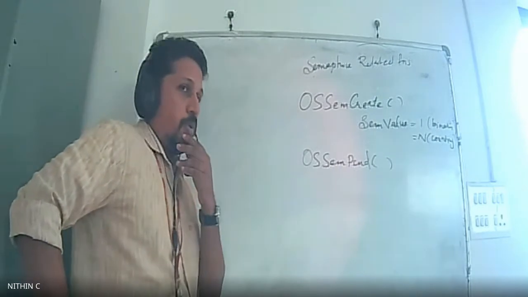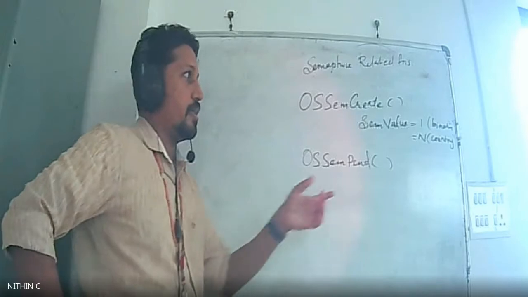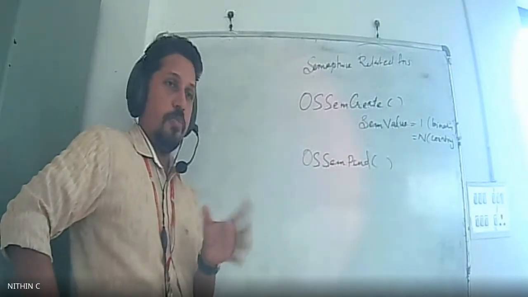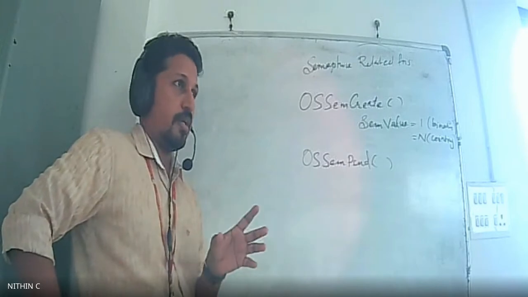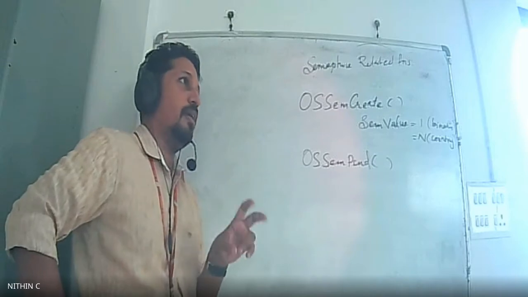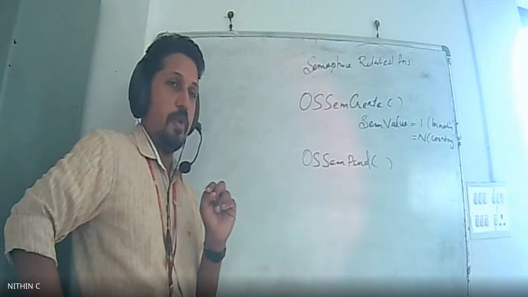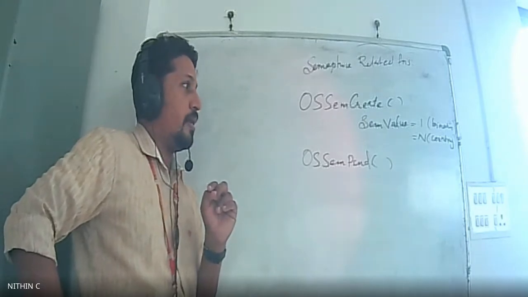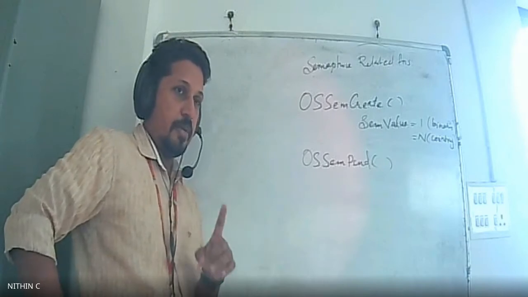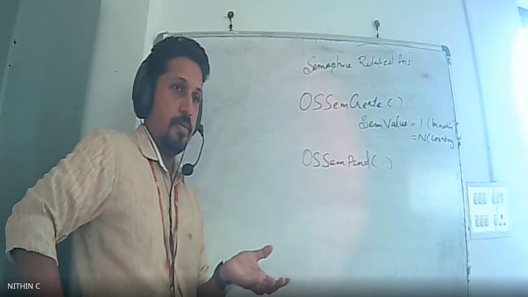So we use a semaphore, particularly if you are talking about the binary semaphore, in a critical section where you need just one process to enter that section. A critical section is a particular portion of program code where you need only one process to enter at one time; then you can make use of a binary semaphore. In that case, only one process will be accessing the critical section at a time, and the remaining processes will be in the pending state, right?